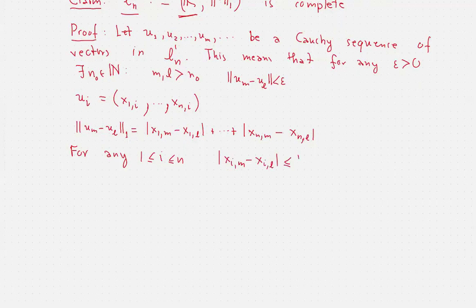So whatever you can do in terms of proximity for the ums and the uls, you can do also for the xims and the xils, which means that this implies